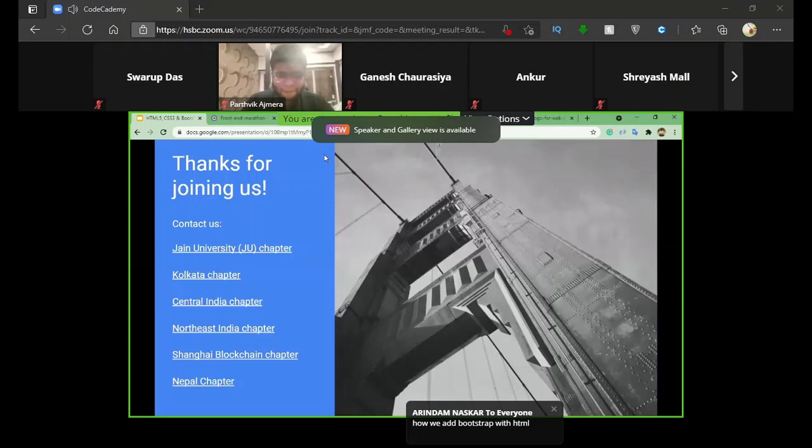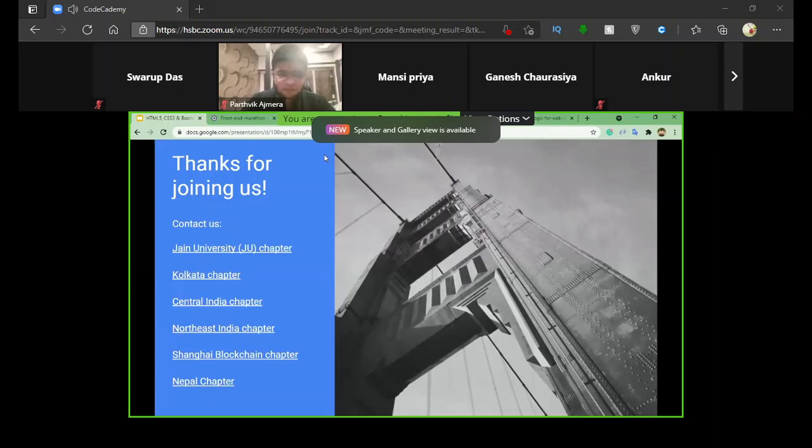Okay, so there are a lot more. See, pixel, percentage, we also have something called REM. REM stands for root element. These are nothing but attributes. For each and every percentage that you give, like a number followed by a percentage or pixel, it will differ accordingly. If you give 75 percentage, it will only take 75 percentage of the width and height that you have given. You are using an image, right?